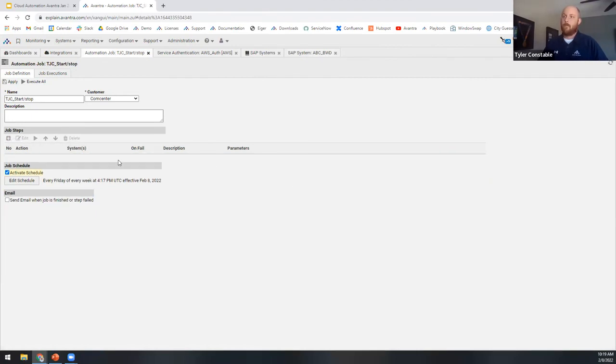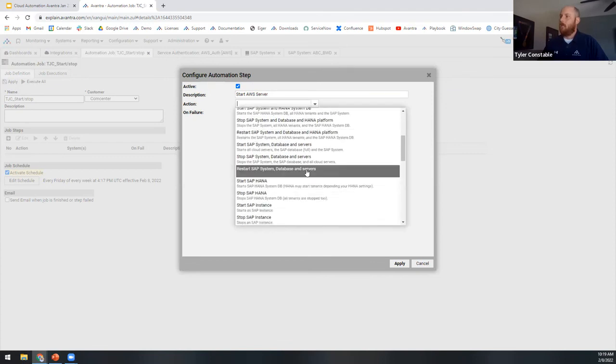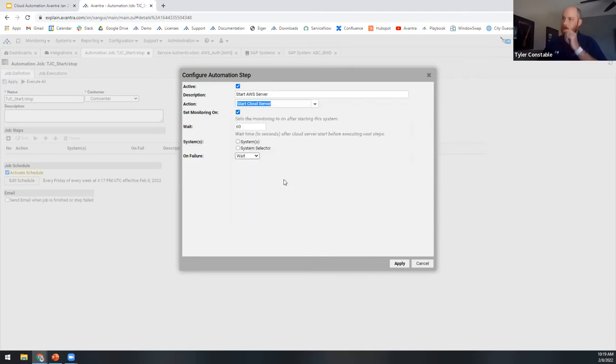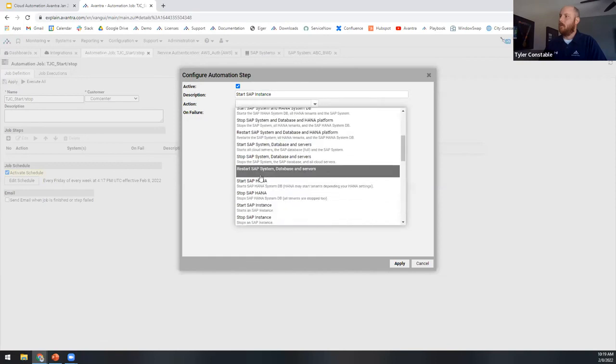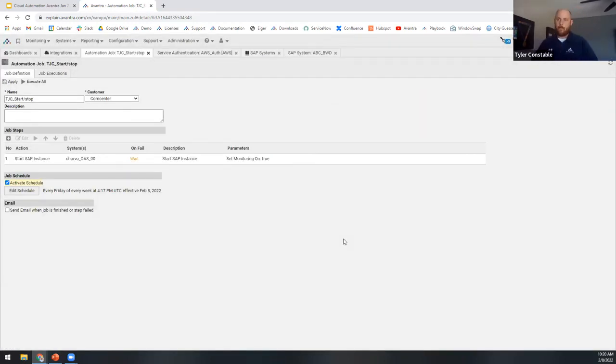So let's quick set that up as well. I just deleted the last step that we just did, but here we're just going to start AWS server. In here, I'll come down to the start server. Here's my start cloud server. I select what server I want it to connect to. And then the next step here, let's see, we don't have any in this particular example here. We're going to start SAP instance. And this is, again, the application server we're going to start up here. And in here, we're just going to do start SAP instance. And I'll select which instance I want to start up. And now I have my automation ready to go to start up a fluid